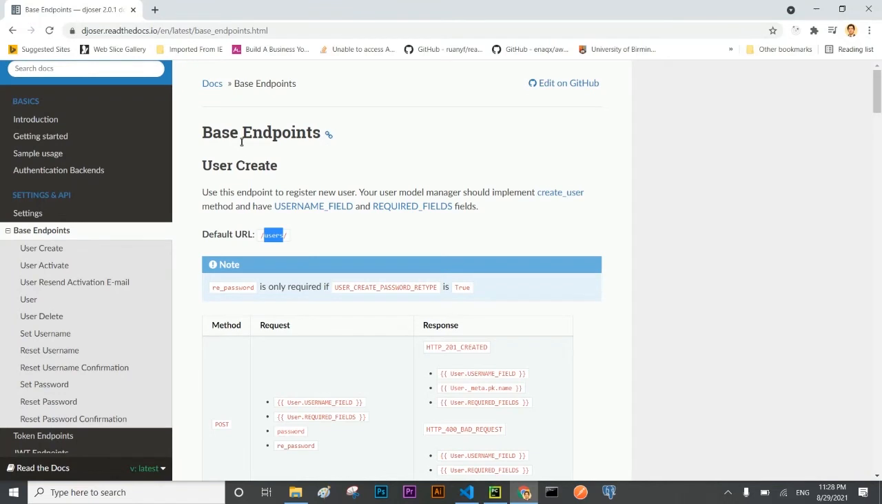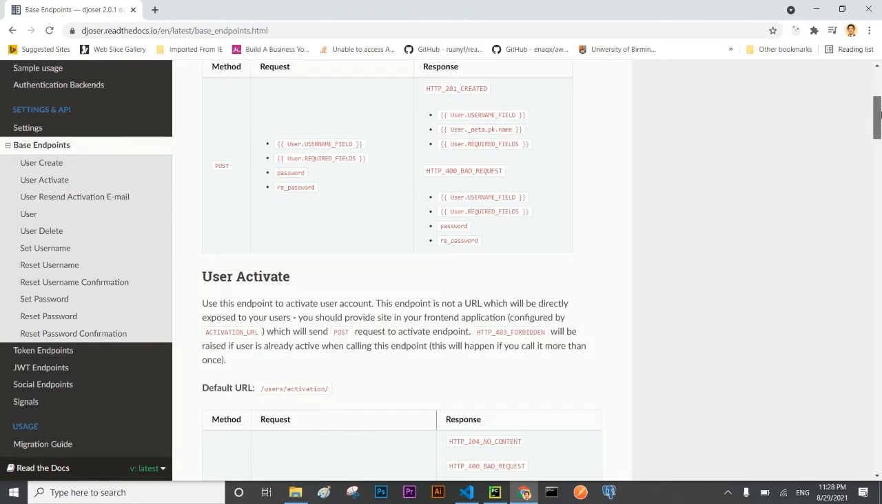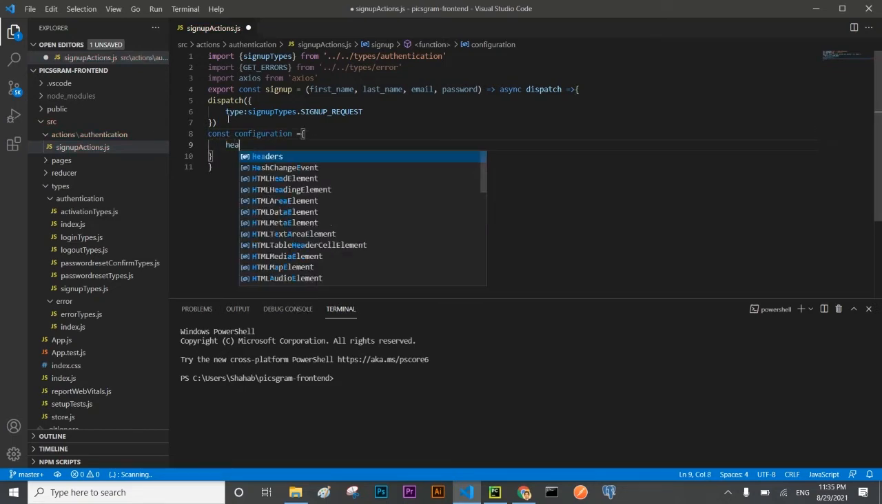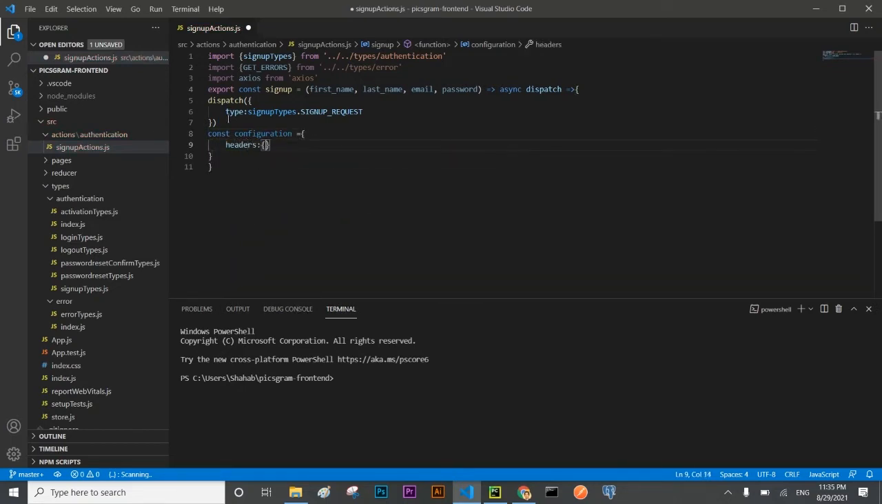hit this endpoint. User is giving us the endpoint to create the new user, which require the required fields, which are first name and the last name. In our case, the password and the username field is email. So we will hit this endpoint. I'm declaring a configuration object which will be sent with the post request and which will contain headers,